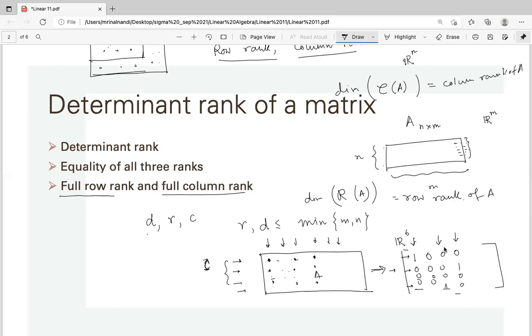That means there is a leading one, and taking that leading one, that row, and the corresponding columns will give you a 4 cross 4 non-singular submatrix, and the corresponding submatrix in A will give you a 4 cross 4 non-singular submatrix. It is similar for 4 cross 6, and also for 6 cross 4. It is the same idea.